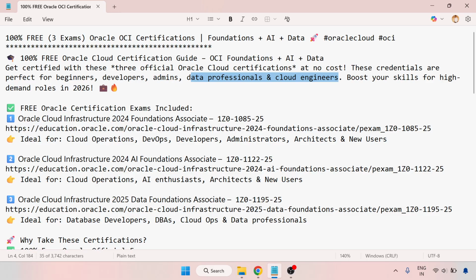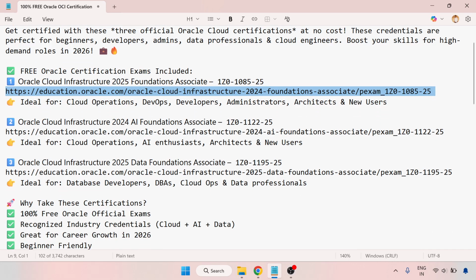The free Oracle certification exams included are, first, Oracle Cloud Infrastructure 2025 Foundation Associate. The code is 1Z0-1085-25. So this is the URL, and this certification is ideal for cloud operations, DevOps, developers, administrators, architects and